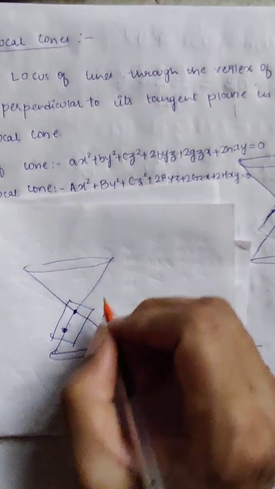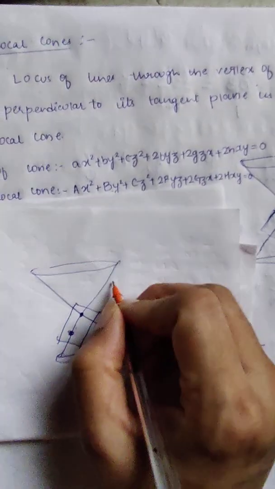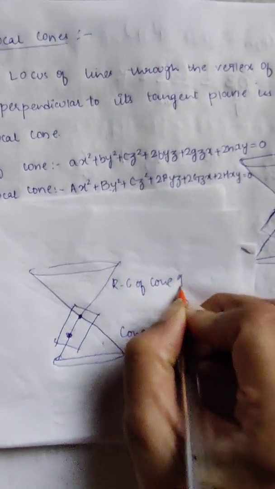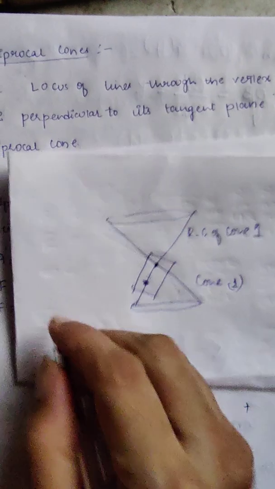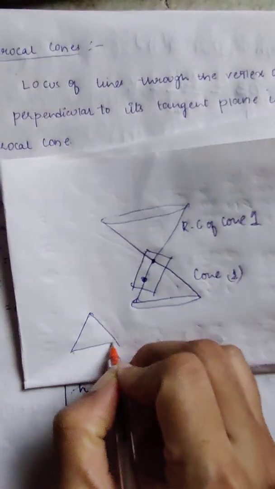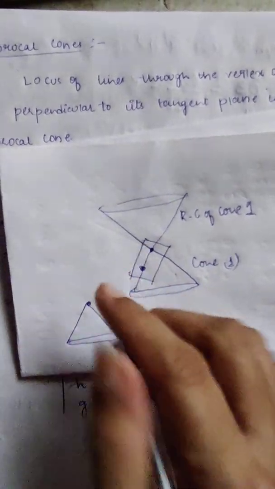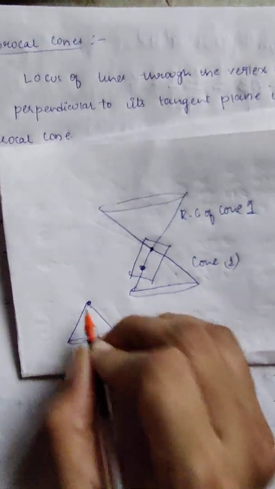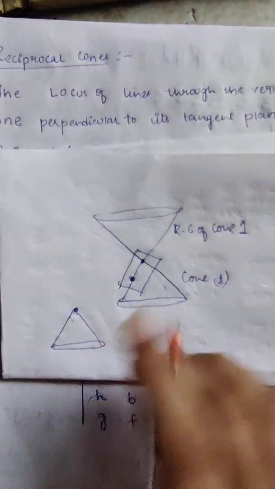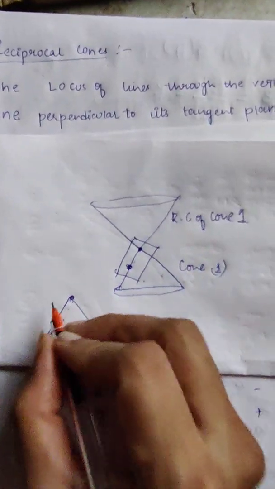So this cone which is generated is known as the reciprocal cone. This is nothing but the reciprocal cone of cone 1. Or in other words, the other way also I can tell: suppose I have a cone, the same thing, this is the vertex of the cone. Why am I specifically talking about the vertex? Because the vertex plays a very important role in constructing the reciprocal cone. So I can see that the vertex for this cone 1 and the reciprocal cone happens to be the same.